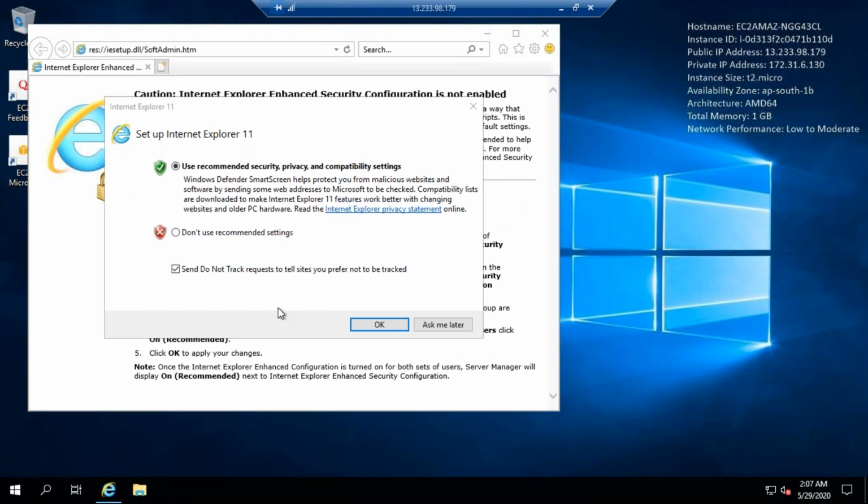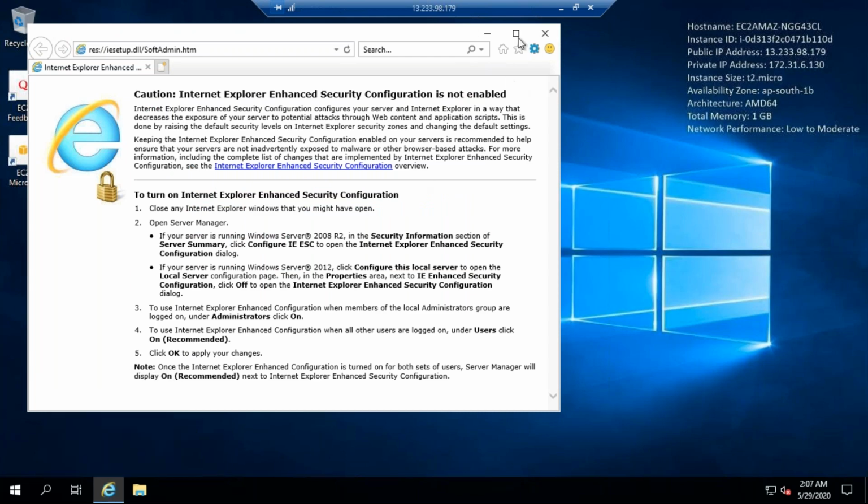Sorry, friends, I was on mute. So we just turned off the security enhancements, right? Now open your Internet Explorer.